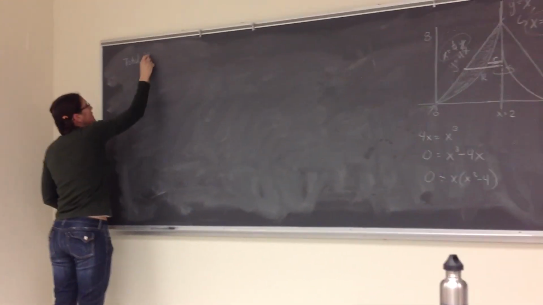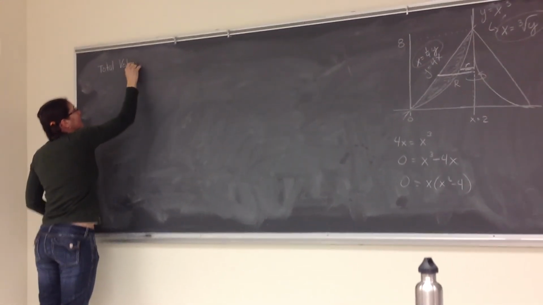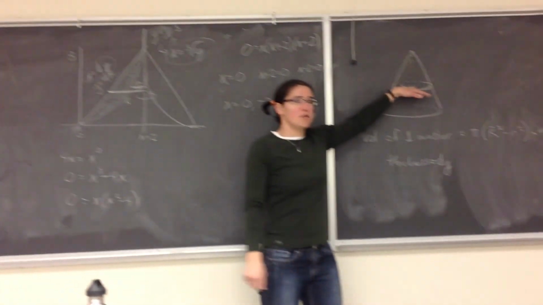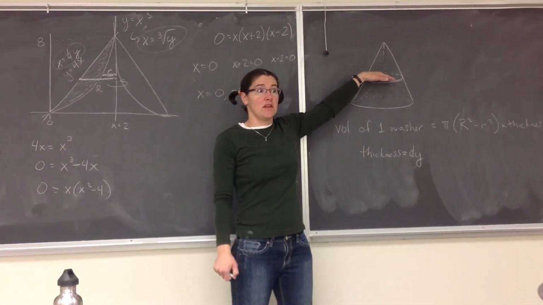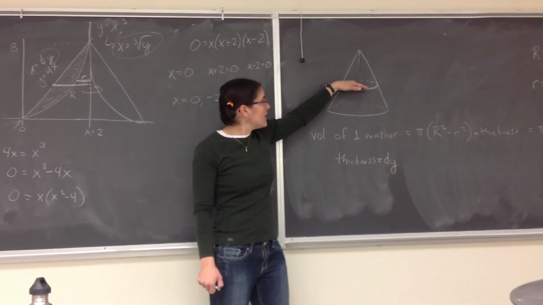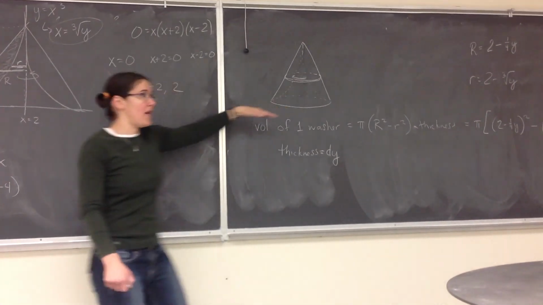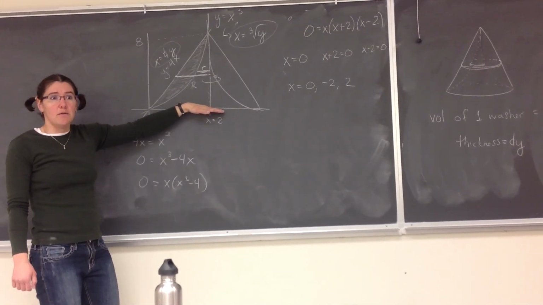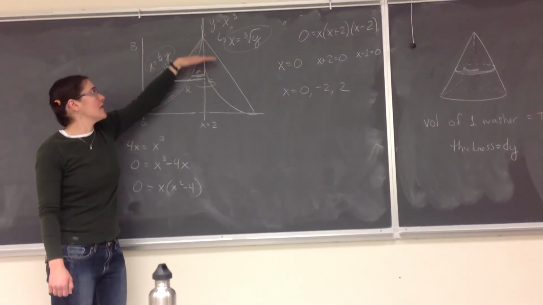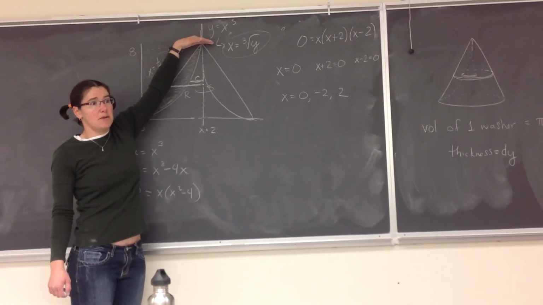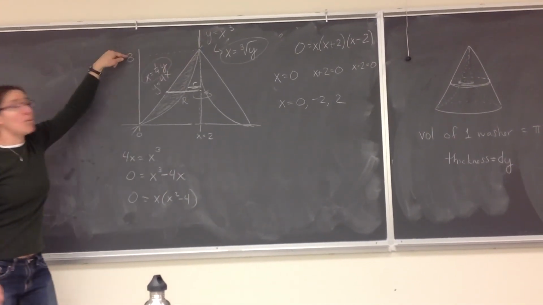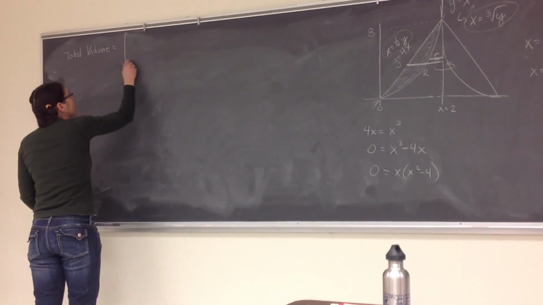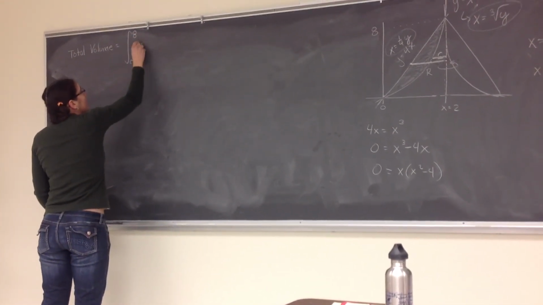So last but not least, now that we've figured out the volume of exactly one of these washers, one of these typical slices, we now want to add up all of those slices. So we want to add up those slices starting at our lowest y value, which occurs right down here at y equals 0, and we're going to slice, slice, slice. The very last slice is going to be right here at the tip, which occurs at a y value of 8. So we're going to add up all the slices starting at 0 and ending at 8,